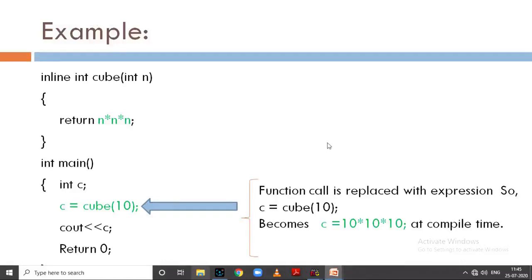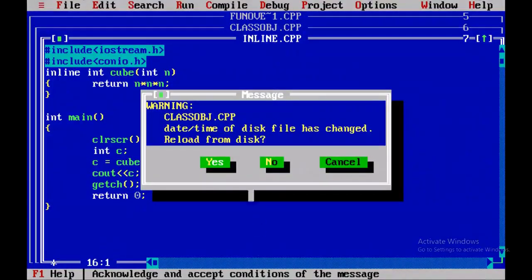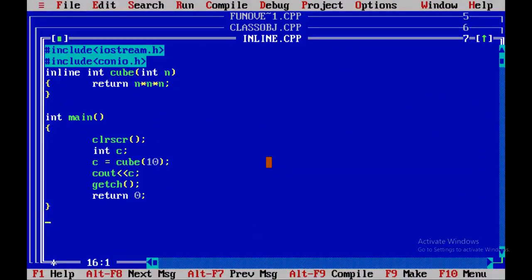Let's see one example. Here I have written code which calculates the cube of a given number. Let's run the program. See, 1000. Now friends, there is no difference in the output between normal user-defined functions and inline functions. The difference is while the program is being compiled, right?